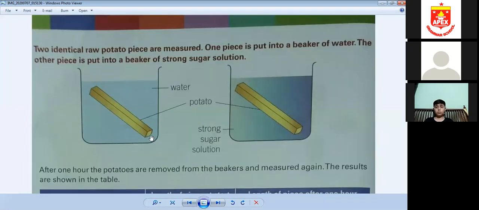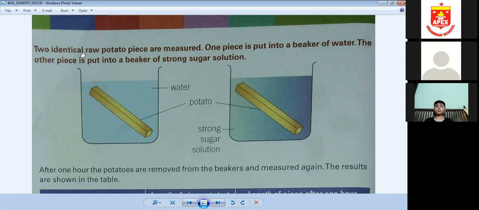Okay, beti. Look at the screen carefully. This is your next question on page number 30. This is your question number 5. Okay. First, you have to understand the question.